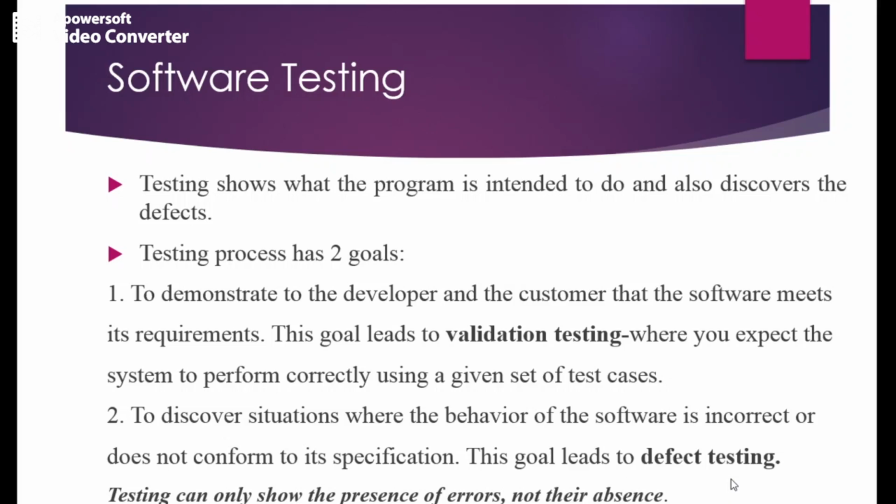It is something like you are identifying the defects in your system. So if your software is incorrect, there might be some bugs or errors in your system. Or if your software is not working properly, it's not meeting the requirements, it has not been designed properly, so there might be some mistake in it. So testing can only show the presence of errors, not their absence. So once you test a product, the main advantage is it will show the errors. While developing you may not get to know about it, but during the testing process, you will get to know such kind of errors.